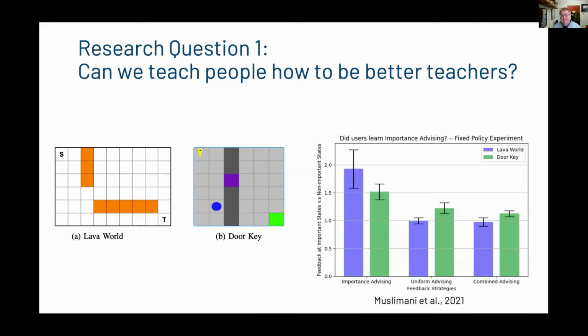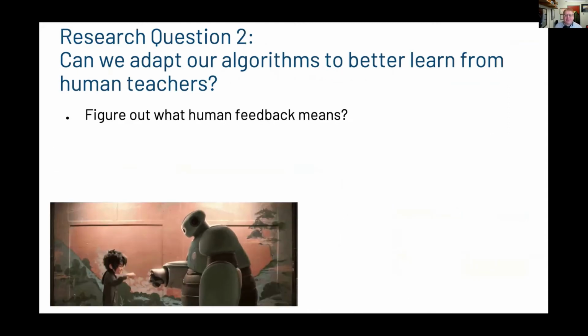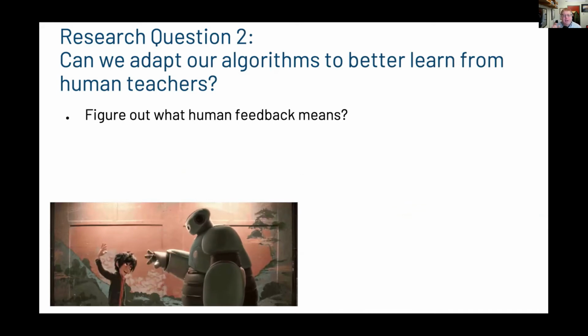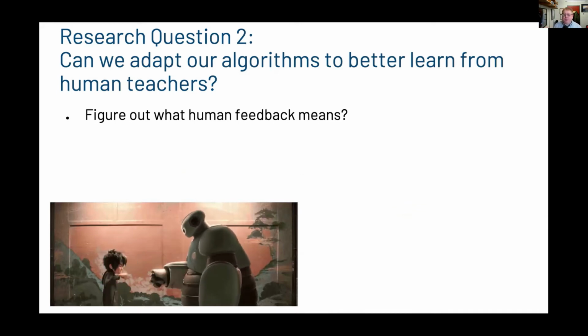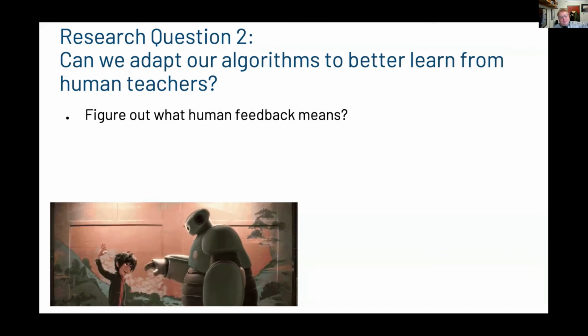Well, that's cool. I mean, we always want better advice, but should it be us trying to adapt the humans? Another way you could think about this is, really, we want our algorithms to adapt to the people that are training us. So what I'd really like to do, which I haven't done, I'm not sure if other people have done, if you've seen this work, please let me know so I don't replicate it. What I'd really like to do is have people give feedback and see which of those 3 or 4 kind of modalities it falls into.